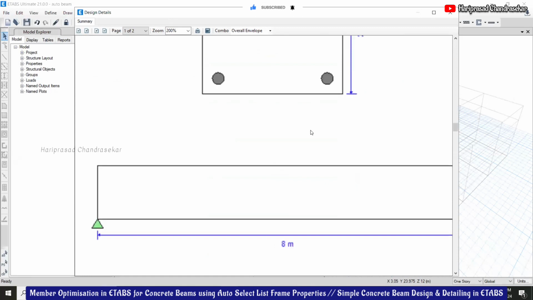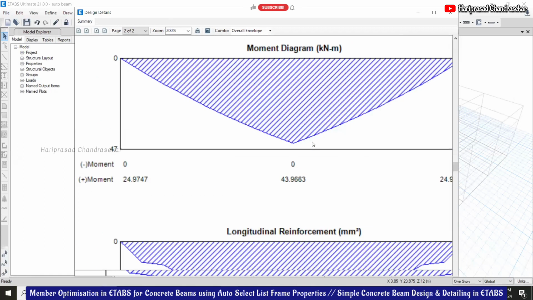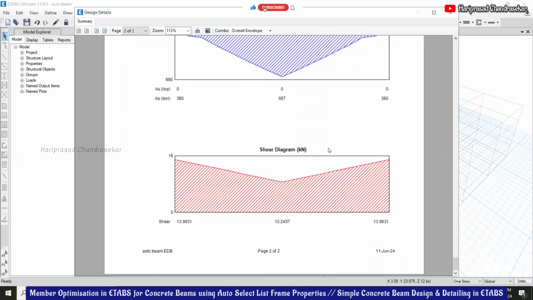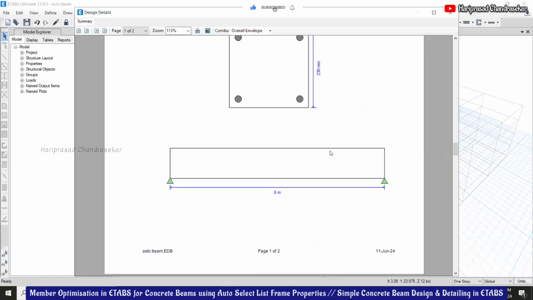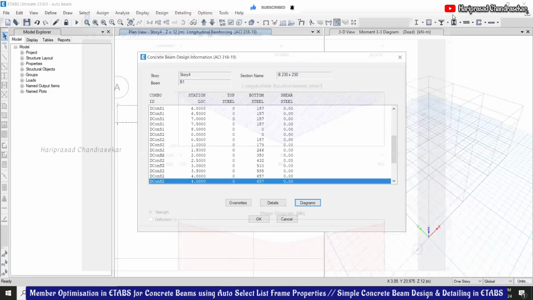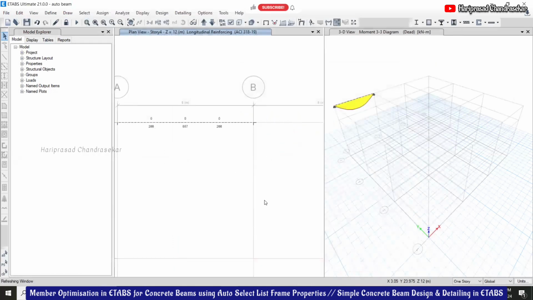You understood, right? You can control and zoom like this. The shear diagrams, longitudinal reinforcement, moment, the values and all. So this way you can apply the auto filter option so that it will assign automatically based on the requirements.